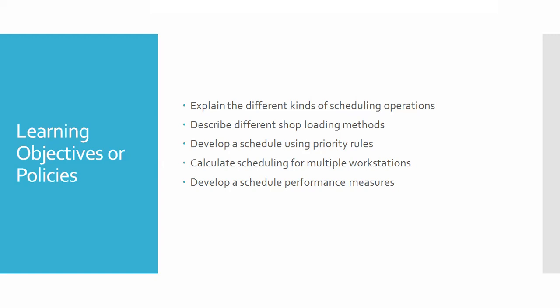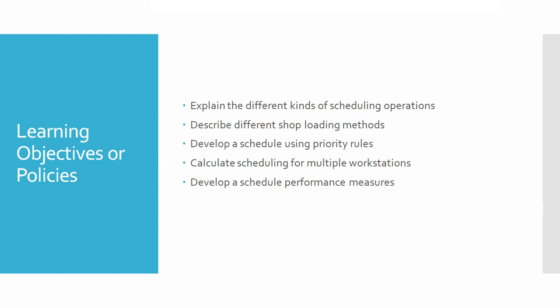Explain the different kinds of scheduling operations. Describe the different shop loading methods. Okay. Different types of scheduling operations I told you, one by one if you are doing according to the time. Describe the different shop loading methods. Different shop means, suppose there is a milling shop, drilling shop, or maybe any other shop in which the machining will be done and your component is made. So how can you have the different shop loading methods with the help of which you can define the goals with respect to the time, or you can schedule at what time you have to upload the material for this particular component.